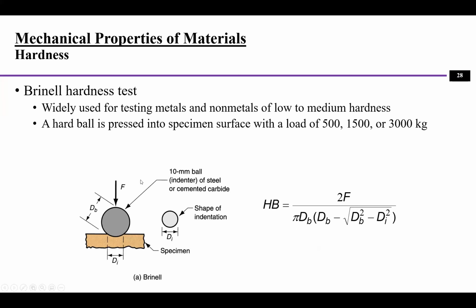When we are doing a test, first we apply a very light force on the material, to make sure that the indenter sits firmly on the surface of the material. Then it gives another force to move the indenter to a slightly greater depth, right? And then based on the force and the depth it moves,